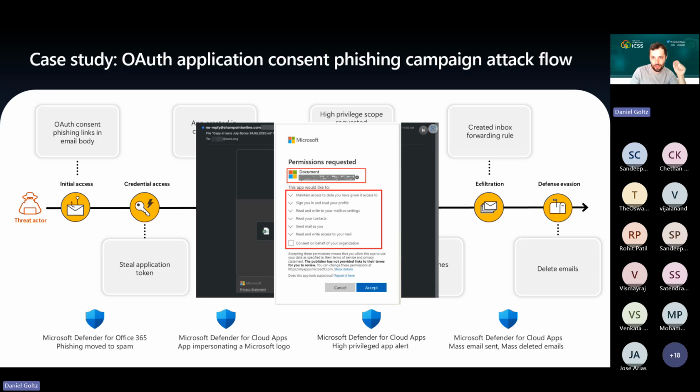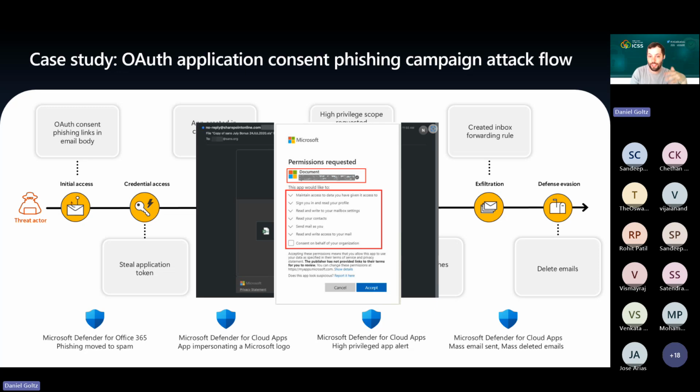Now, the user will click accept. And once the user clicks accept, in that moment, the identity provider issues an access token to the attacker app. No password exchanged. The user has unknowingly said, I trust this app to act on my behalf. And from that point on, every action the attacker takes is through non-human identity, or NHI, API calls, which won't trigger any standard sign-in alerts. To establish persistence,